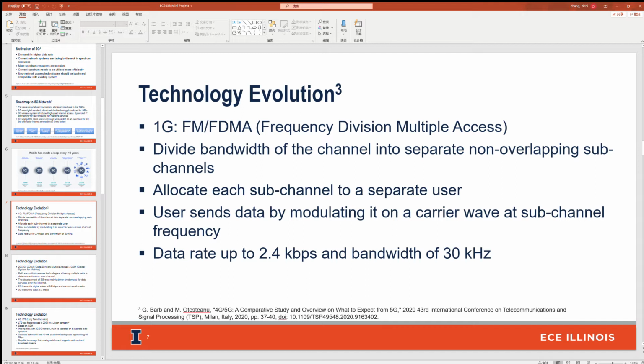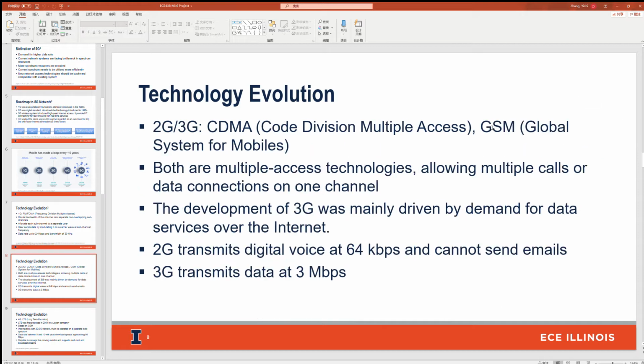It is used in satellite communication systems and telephone trunk lines. And 2G and 3G both use CDMA and GSM. GSM transforms calls into digital data, gives them a shared channel and time slot, and puts the pieces of each call back together for the listener on the other end.